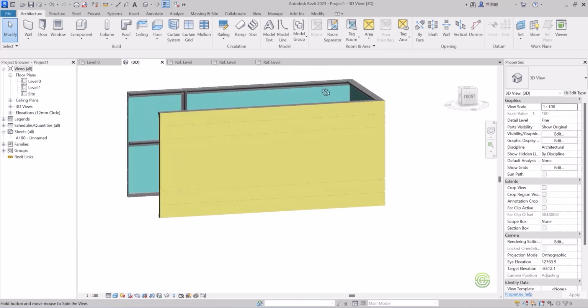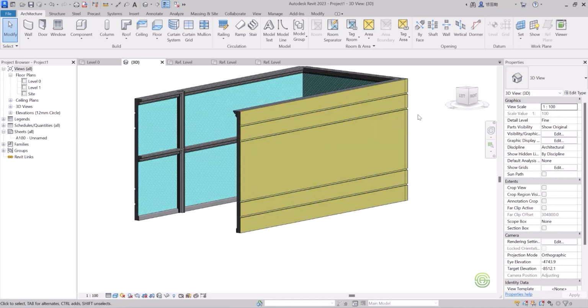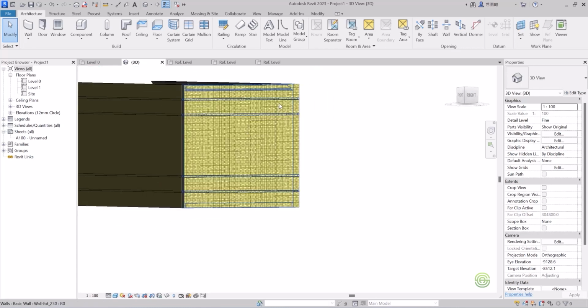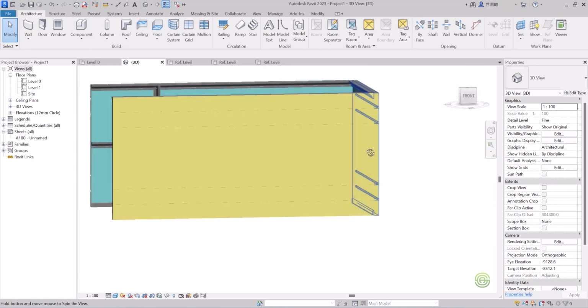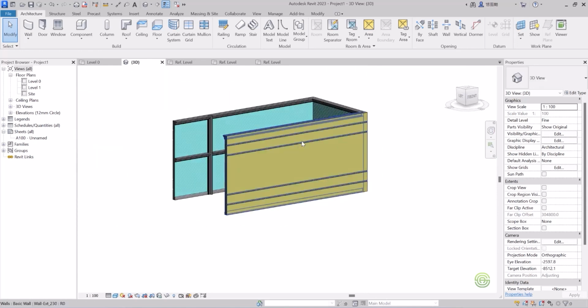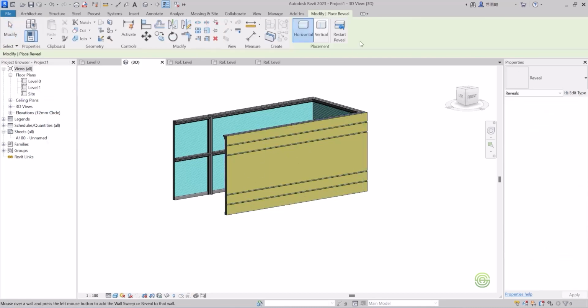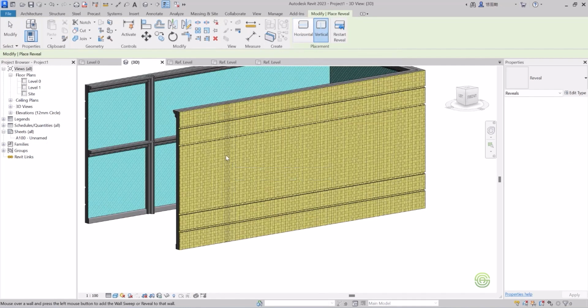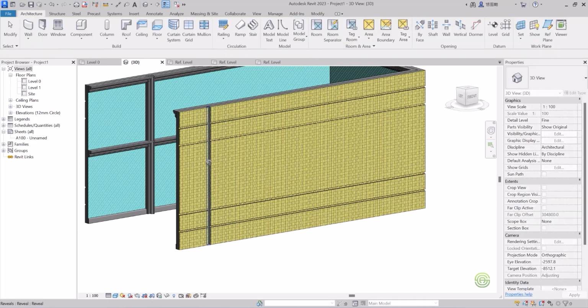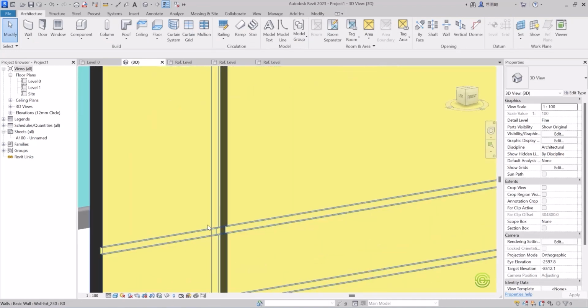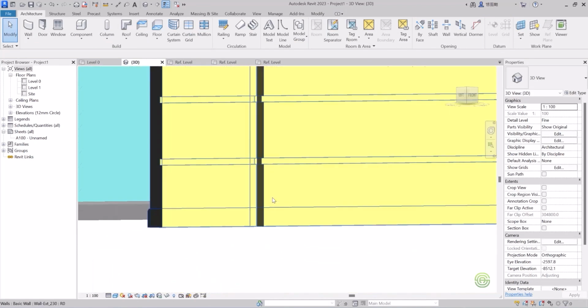Now you can just see in this wall, as this is an exterior wall, a groove has been applied over here. Groove kind of things are seen on the exterior surface of the wall. So this is how we have to create a groove. If you want to create a vertical groove, then just click on wall and click on reveal and then select vertical like this, and add wherever you want to add a groove and press escape. Once after clicking that, now you can see we have added a groove